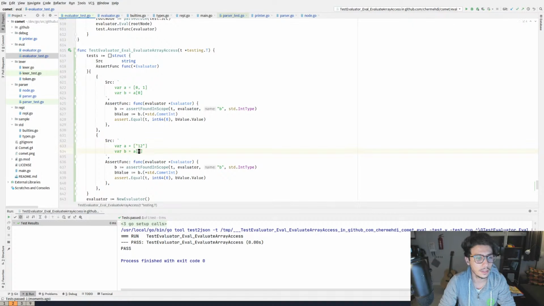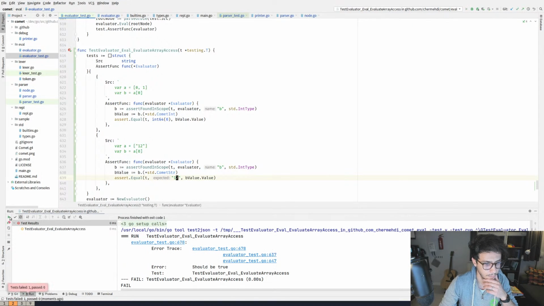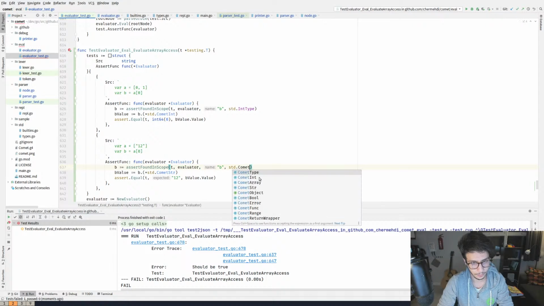Let's say 12. And then I want to make sure that b exists now, but it's a comet string. And the value now is actually a 12. All right. So now it doesn't work. Well, because this is not a comet string.